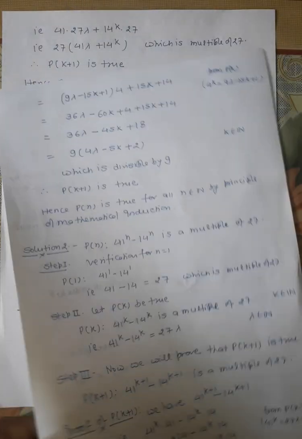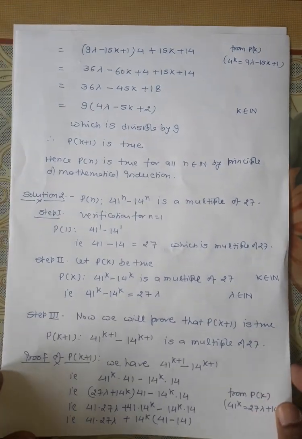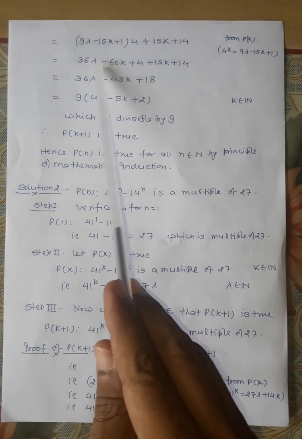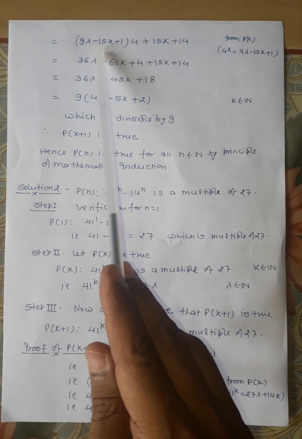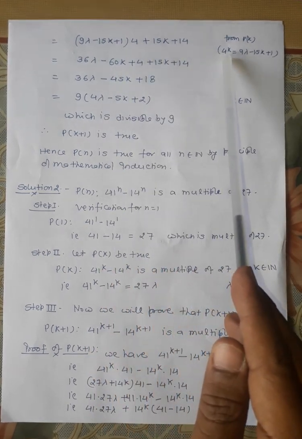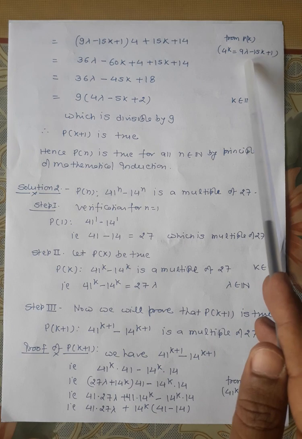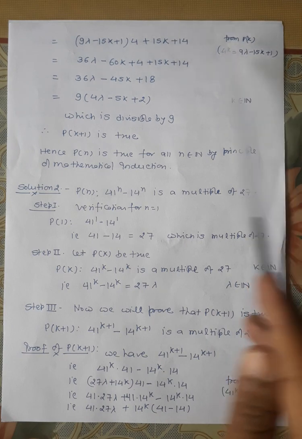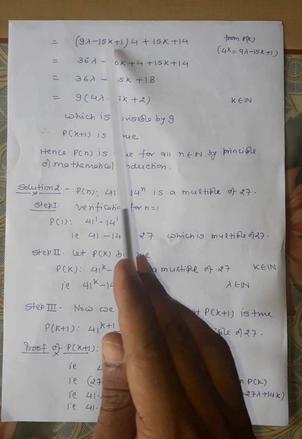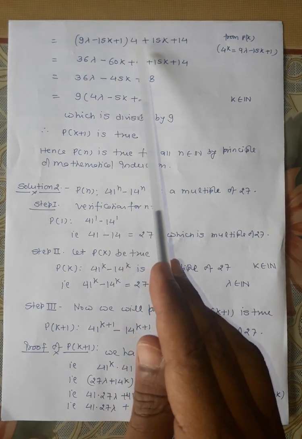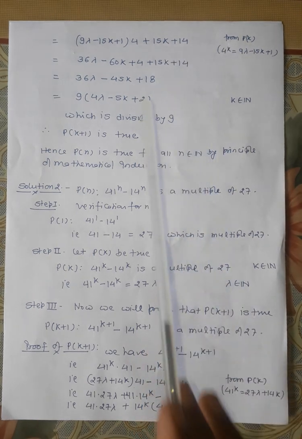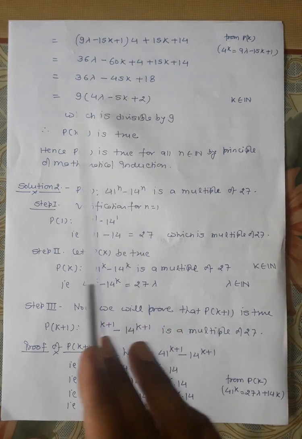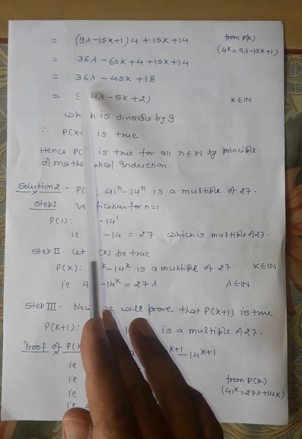So you see, I'm going to turn the page, and you see 9 lambda in place of 4 to the power k, I am only putting the value of 4 to the power k which is taken from P(k). I have written here from P(k), 4 to the power k is equal to 9 lambda minus 15k plus 1. After putting the value of 4 to the power k, this 4 will remain as it is and the rest two terms will remain as they are. After that we will simplify. Simplification you can do, I am not going to explain. After that finally you will get what has occurred.